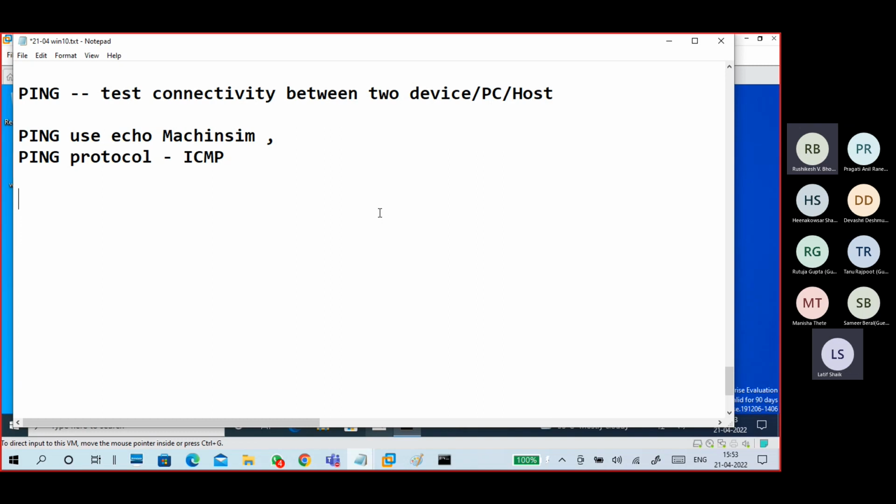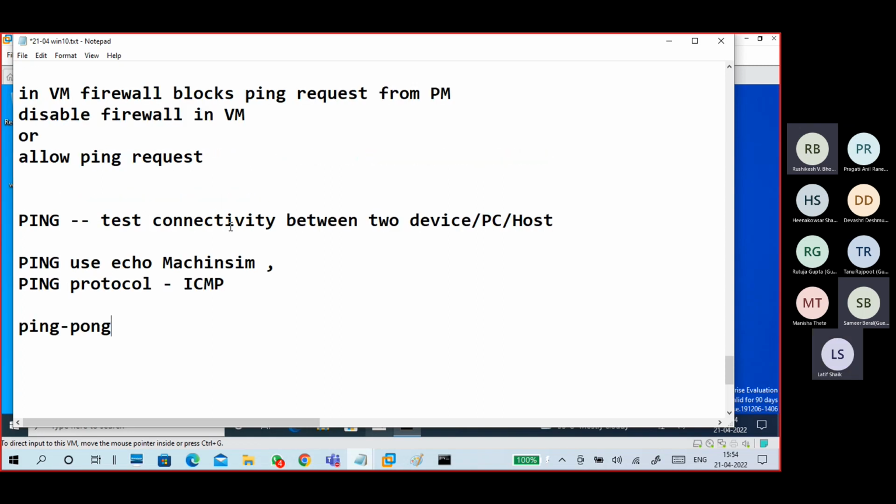I could hear my voice; if I speak very loudly, my voice is repeated. That is the echo mechanism. The word ping came from ping pong, like table tennis. You ping, and the other side pongs. Ping means you are sending, and you receive by pong. That's why in some technologies you can see the word pong also.